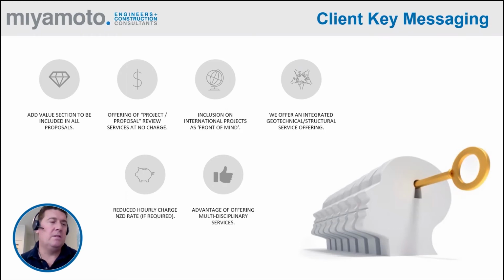And the other benefit I've found through my career of an integrated service offering is if you can get in early in the project, even as a bit of a break even or not making a lot of money out of the geotechnical commission, the client's really compelled to keep that service offering in play through the structures. So it can form an amazing early client engagement within the project life cycle. We looked at Charles's slide where he had $1 million savings in the geotechnical portion of land development. Well, it becomes a bit of a no-brainer if you're a client that's got all of the data